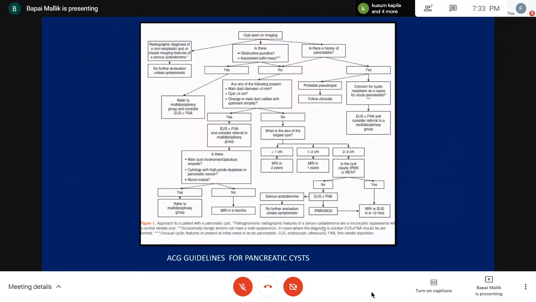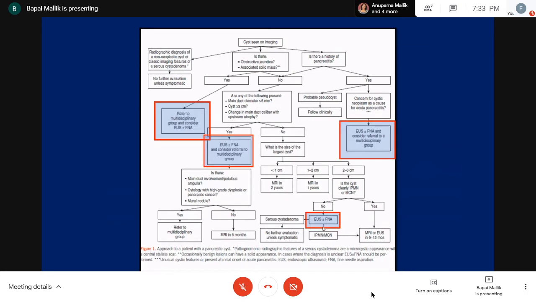So just to give you an example, I know the graphics are pretty small, but still, this is the American College of Gastroenterology guideline for pancreatic cyst. And as you can see over here, it is a kind of a multimodal approach in order to come to a particular decision. And FNA plays a very significant role, and this is the same diagram with the role